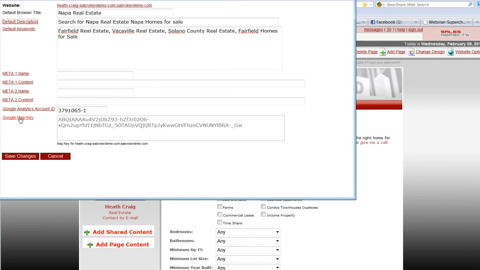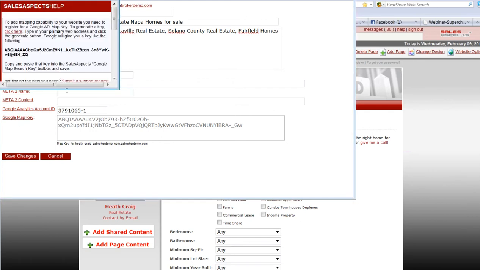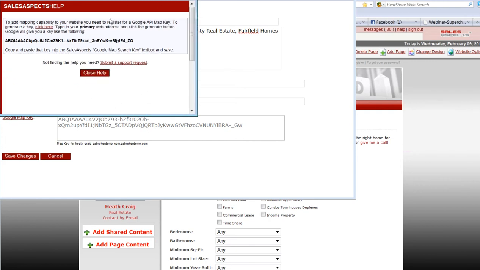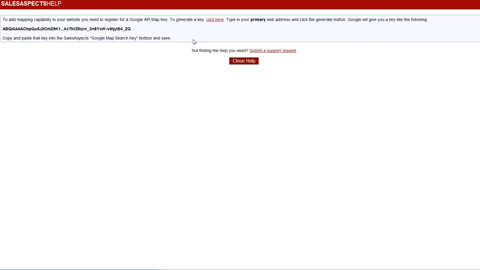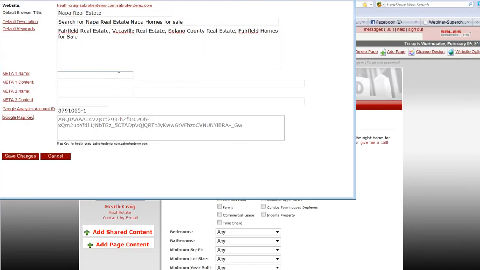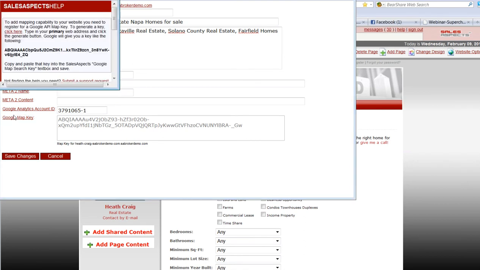Another component that I really want you to think about is registering with Google, and this is the Google map key. This will give you the ability to have your interactive map on your website. If you register a new domain name, if you're putting a domain that's not a subdomain, you will need to register your map key. You'll simply click here on the left-hand side